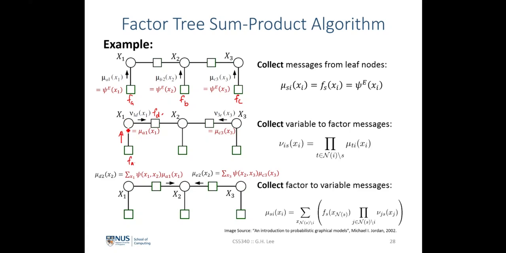Since there's no other factors except for fa that is one level below the random variable node of x1